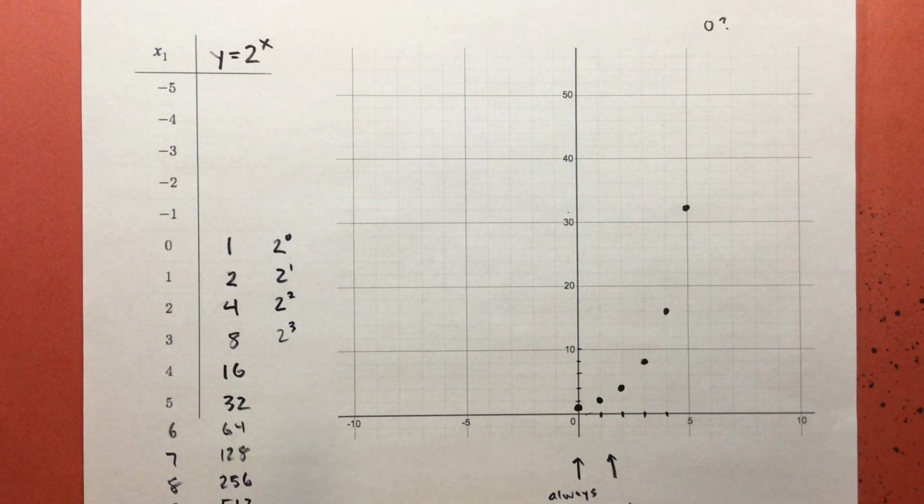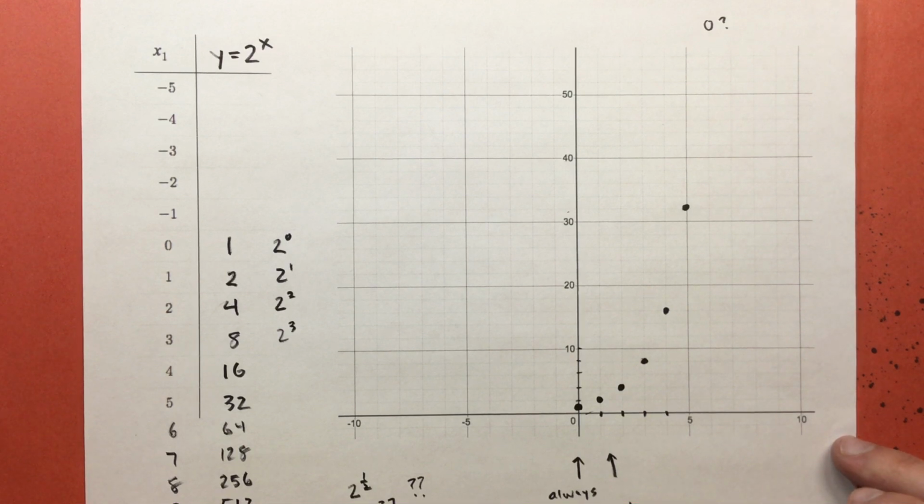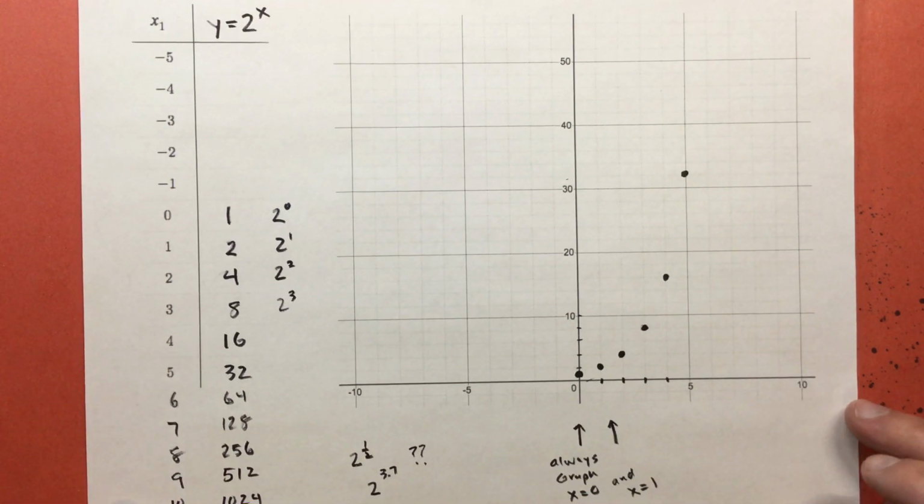What about fractions? Can I have 2 to the 1/2 power? Is that somewhere between 0 and 1? Can I have 2 to the 3.7 power? These are good questions. And we're going to save that conversation for later when we get to chapter 8, when we talk about rational exponents. But for now,